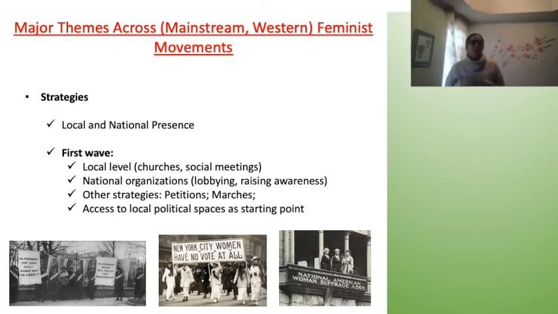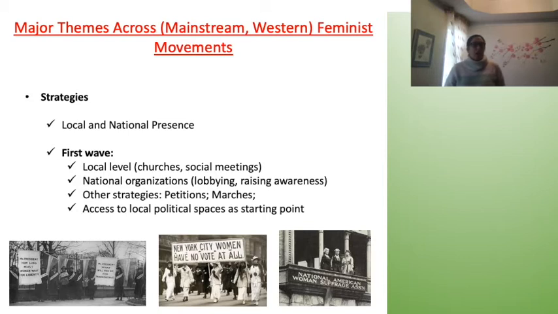So now let's talk about strategies. This is another area that researchers have looked at from both phases of our feminist movement in the West. So over history, different strategies have been used to achieve these goals that we've just discussed. So in both cases, there were local efforts, national efforts. So very large organizations that were formally organized, that had presidents and large budgets, operated alongside smaller or local organizations.